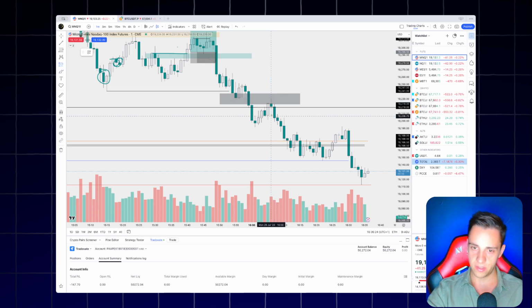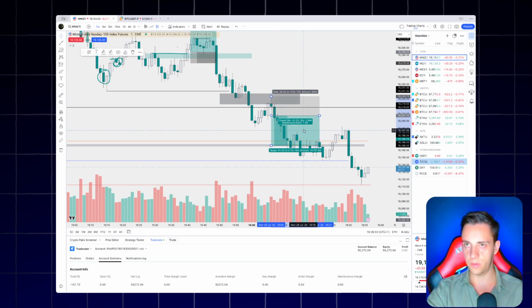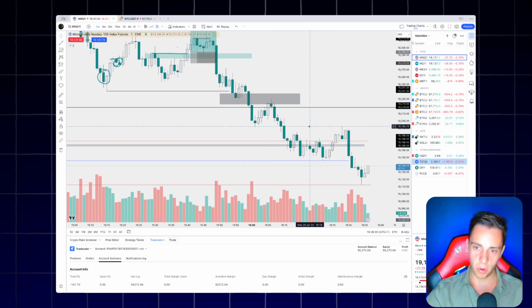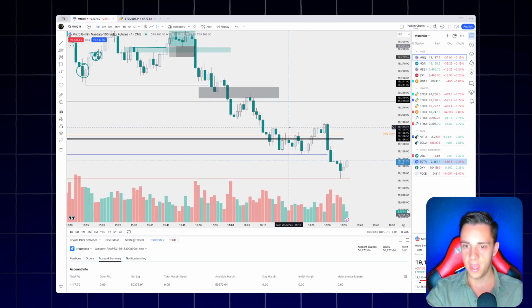So I waited for the sell-off. We got a close below, and this is a breaker block right here. I want to short this with a stop above this high, but my targets were these, slightly below the daily open. My targets were these equal lows, I guess you could call them, and this doesn't give me a good risk reward. So at this point, I didn't want to short this level right here. I think it's not a good probability trade, and I think we might just range for the rest of the day.